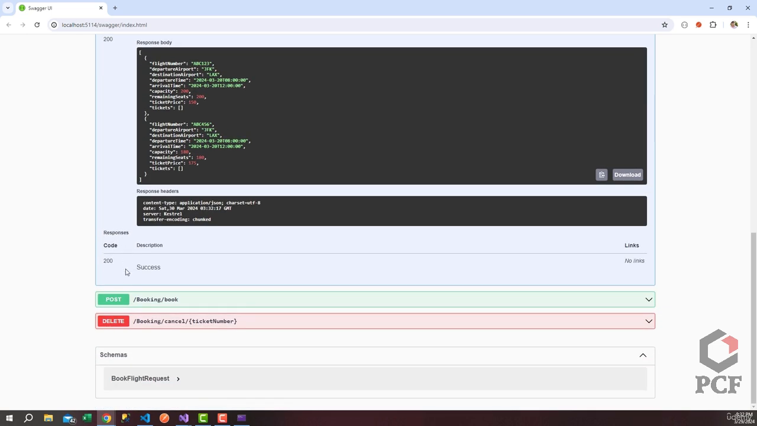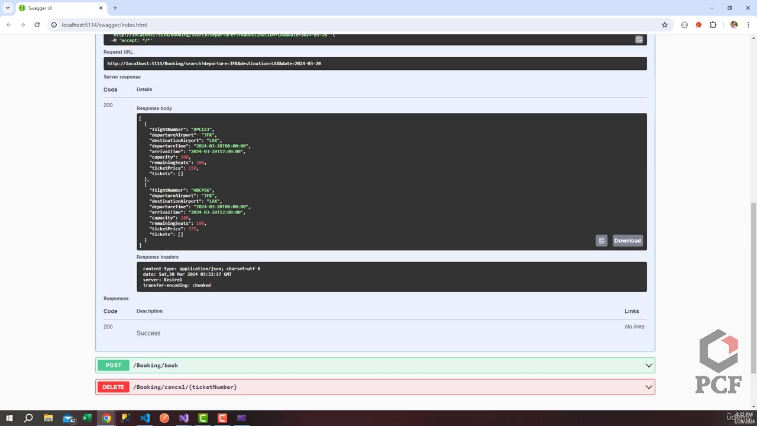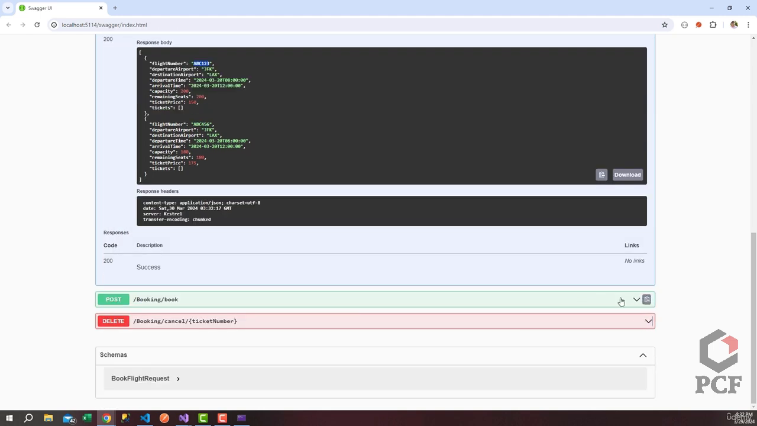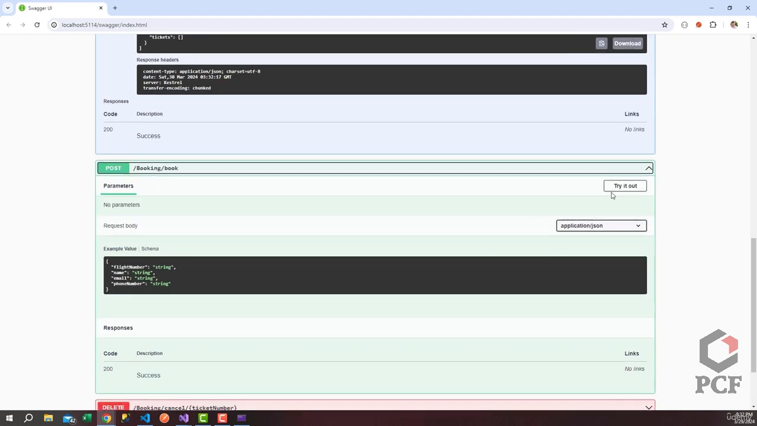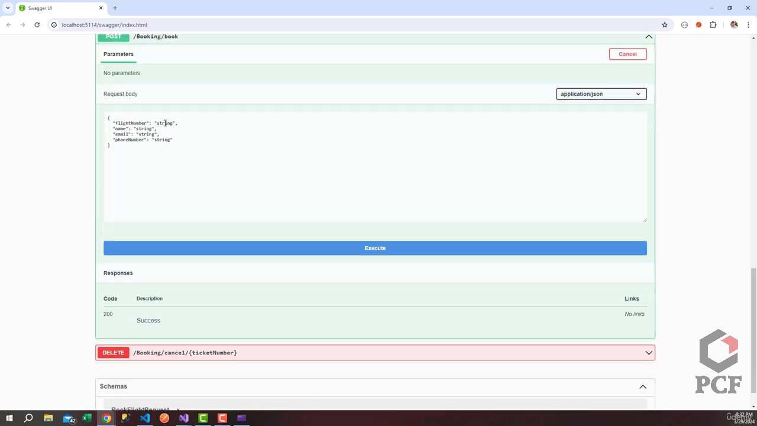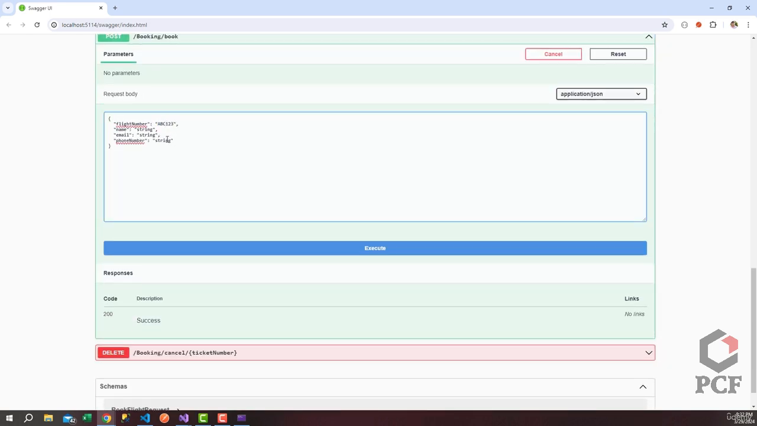Very nice. I can actually take one of these flight numbers. Okay, Control C. Let's see if we can actually book the flight. We'll go ahead and try to book the flight here. So flight number, Control V. I'll give it a passenger name,